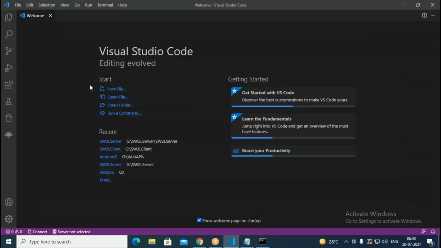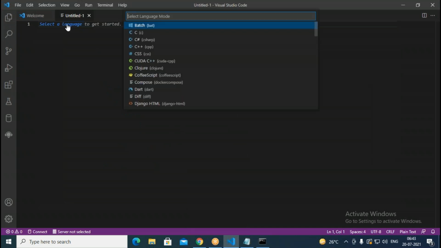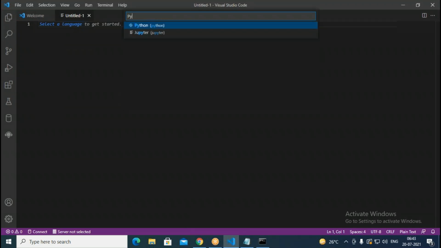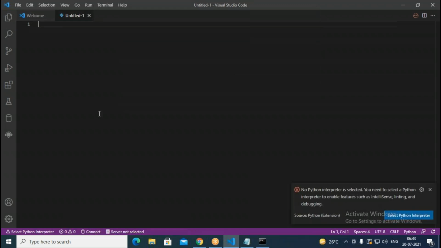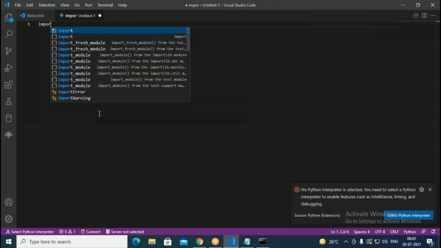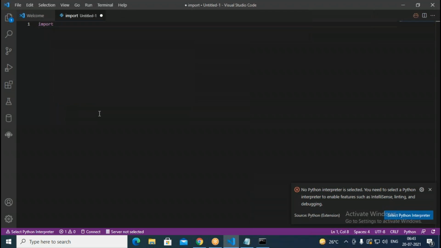So here, I create a new file, for which I use Python. In order to work with MySQL, first of all, I have to import mysql.connector.